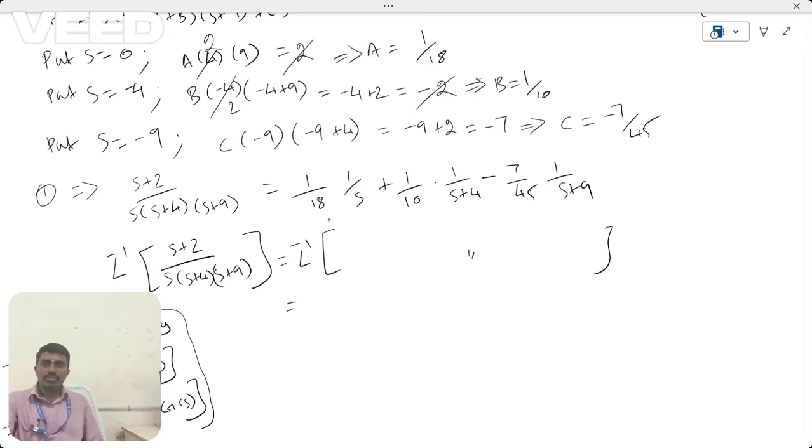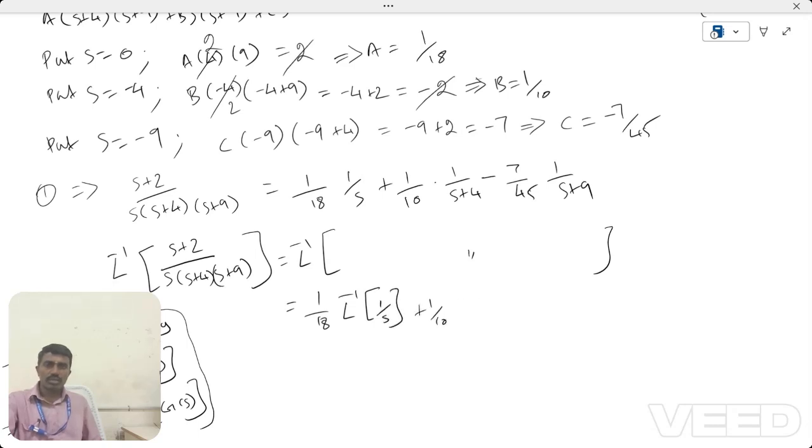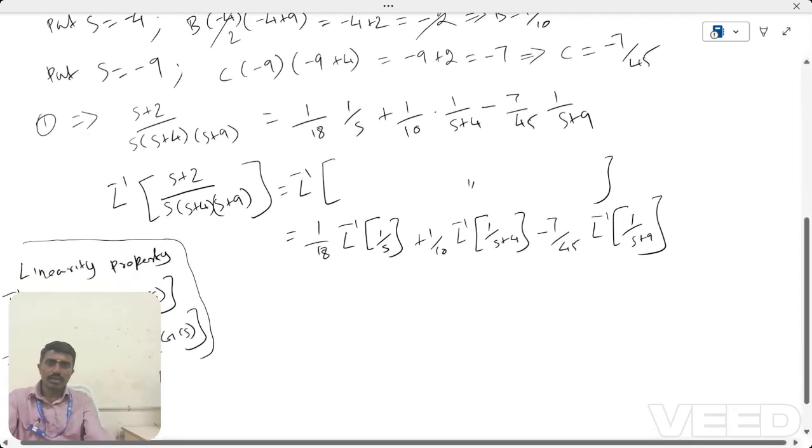So if you apply the linearity property here, the 1 by 18 is a constant, you can bring it out, so L inverse of 1 by s, plus 1 by 10 is a constant, you can bring it out, L inverse of 1 by s plus 4, minus 7 by 45, L inverse of 1 by s plus 9. This is by the linearity property. Now